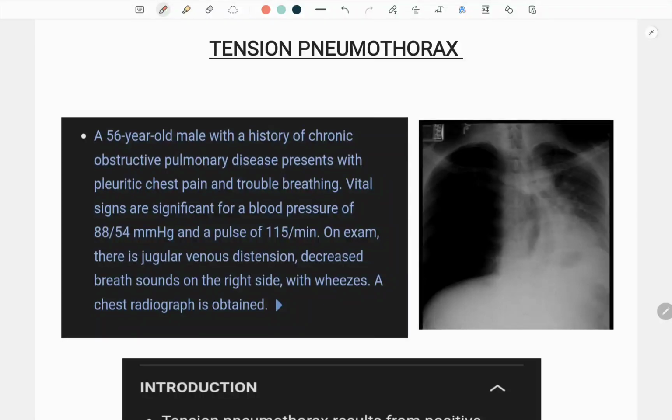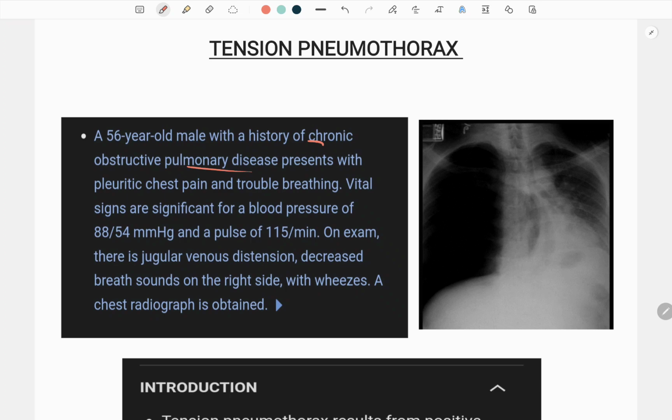Let's talk about tension pneumothorax. Let's do a question. A 56-year-old male with a history of chronic obstructive pulmonary disease, COPD, presents with pleuritic chest pain